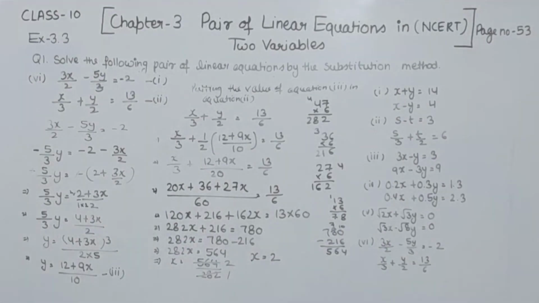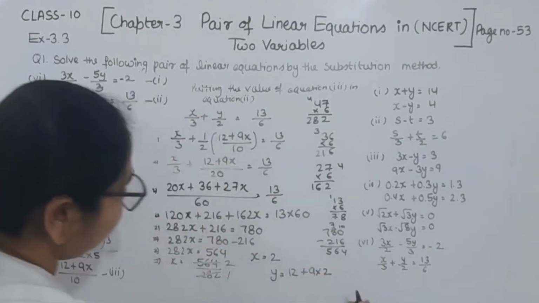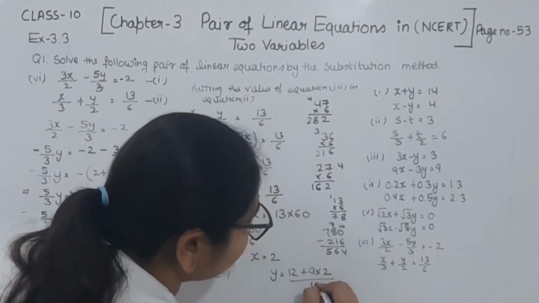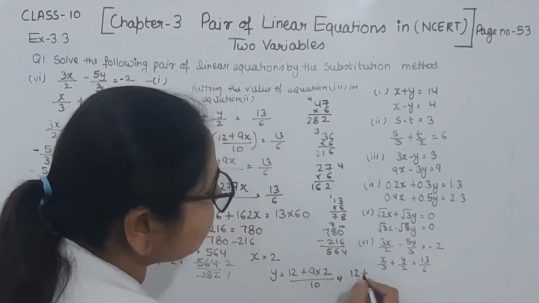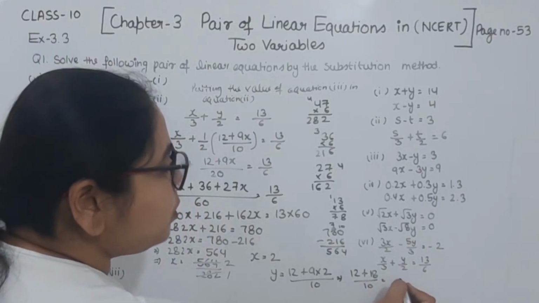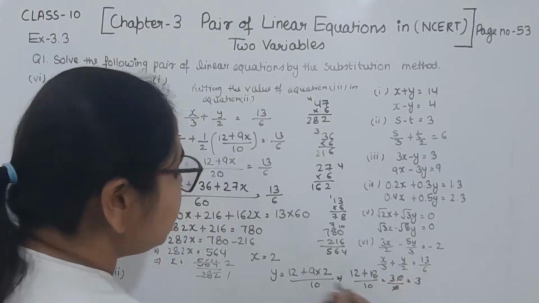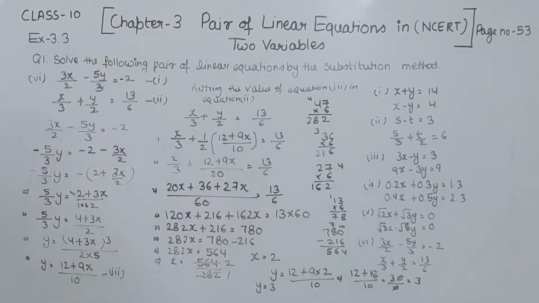Now we will put this one in the equation number 3 we are having, and the equation number 3 we are having is y is equal to 12 plus 9x by 10. So we will have y as equal to 12 plus 9 multiplied by 2, and this one we are having is the 10. So we will have 12 plus 9 2s are 18 by 10. Now we will add this one. 8 and 2 10, carry 1, 30 divided by 10, so 0 is cancelled from 0. So value of y we are having as equal to 3.